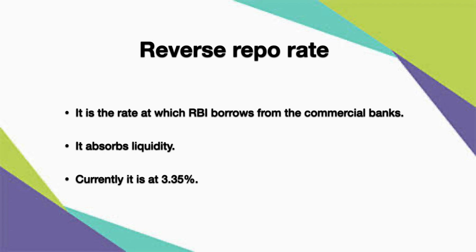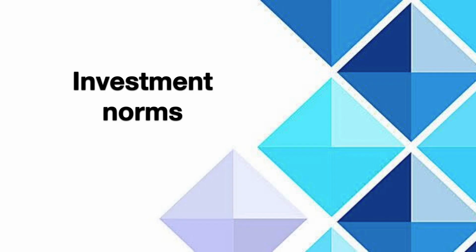Is that clear to all of you? Moving on to the next topic, called investment norms. Now here, always remember, though a bank might receive a lot of deposits, it cannot survive without lending money or giving credit to people or institutions. Banks have to invest all the deposits they receive in the form of savings, current, FD or RD. Whatever form they receive the deposits in, they have to invest it.